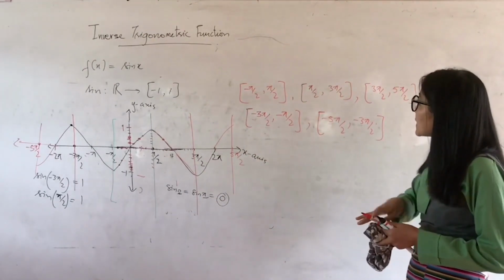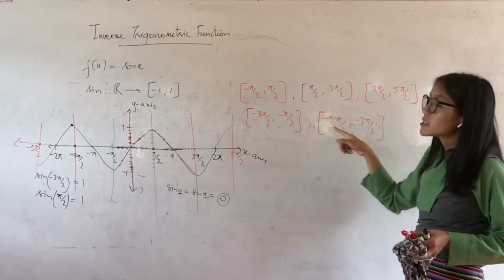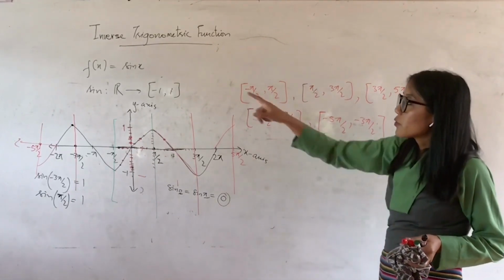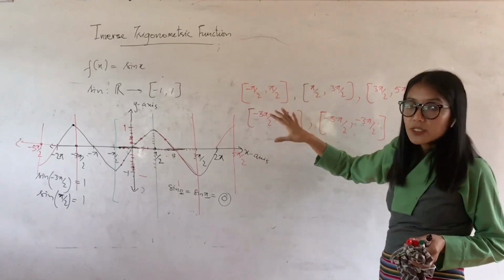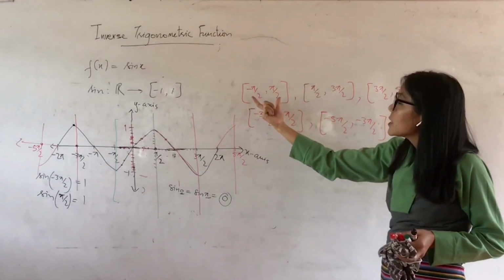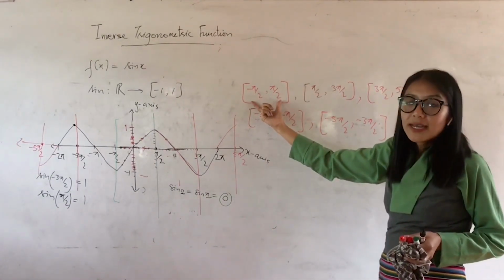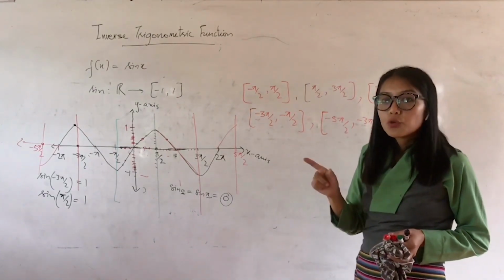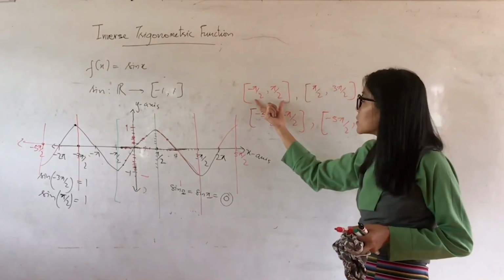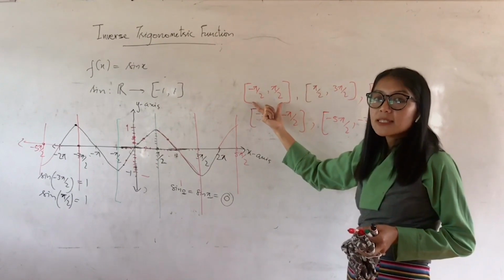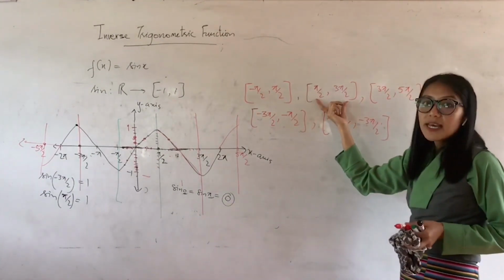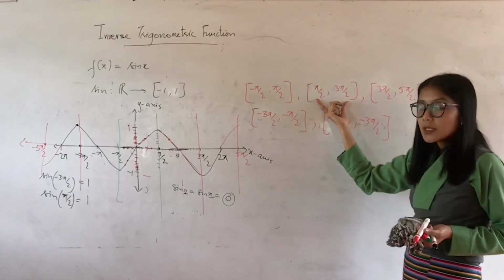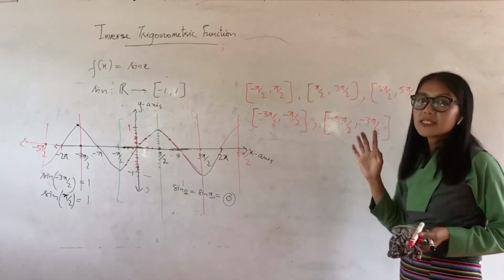Okay, so these are the intervals which are restricted from the set of all real numbers, so that we can find sine inverse. So now if I consider this interval, within this interval the function sine is one-one and onto, which means the sine is bijective in this interval, hence it is invertible, and sine inverse we can find out in this interval. Similarly, in this interval sine is invertible. For all these intervals sine is invertible.